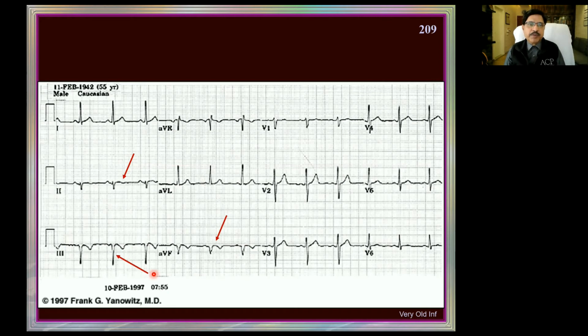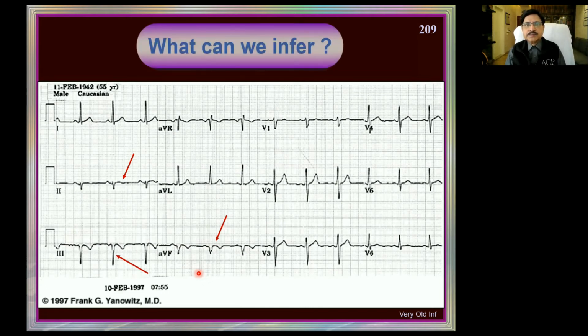Very old in the sense that there are no STs, T waves are getting almost normal here, and a very deep prominent Q wave. There is no R wave at all here. Normally we expect these leads to be up. We know these 4 leads should be up, and this lead is not up, this also is not up. That is because the R wave voltage is dependent on the muscle there. The inferior muscle is lost. That's why there is an electrical hole there, and you see a deep QS complex.